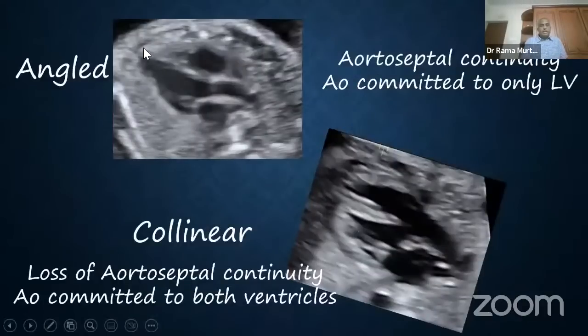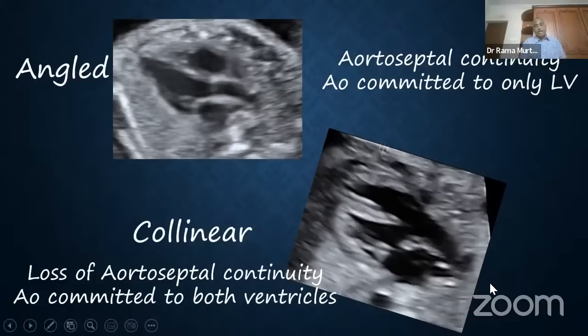Now, another important thing is this is a normal LVOT. You will find that there's an obtuse angle between the interventricular septum and the aortic components of the aortoseptum. So therefore, you will see that this is an angle. There is an obtuse angle. On the other hand, if I were to look at a case where there's an overriding malaligned VSD and an overriding aorta which is committed to both ventricles, you will find that this angle is missing. So this will help in very subtle cases.